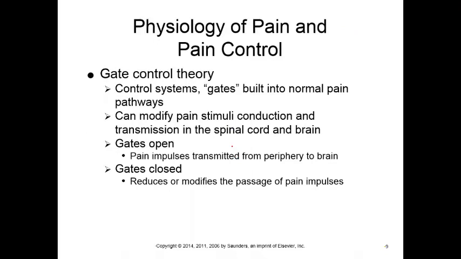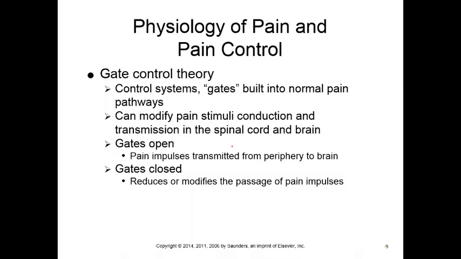One of the major theories that we use to describe and understand pain is called the gate control theory. This system has a series of gates that are built into the normal pain pathway. So there's a pathway going from, say, your little pinky all the way up to your brain and back. We can modify that pathway at certain places, at certain gates. We can either make it more painful so we feel it more, or we can bring it down a little bit, depending on how we stimulate those gates.